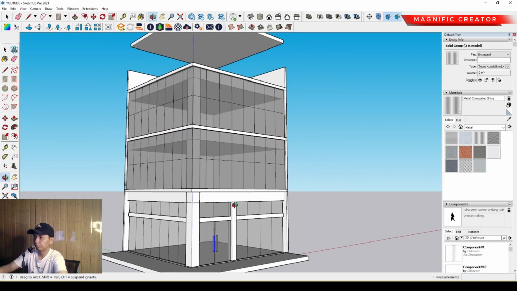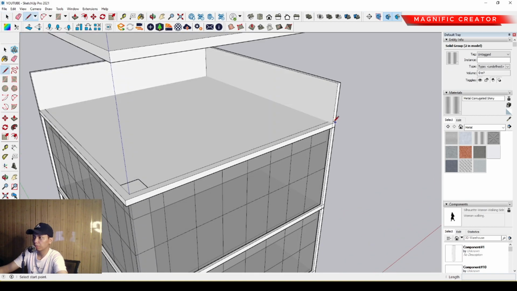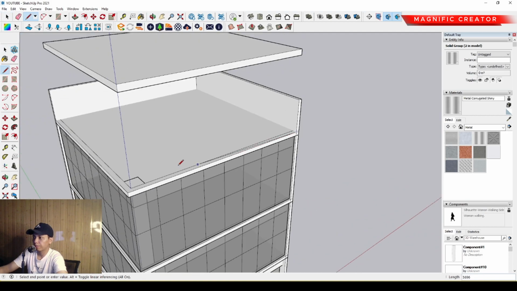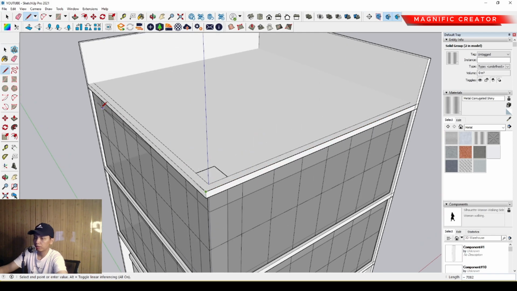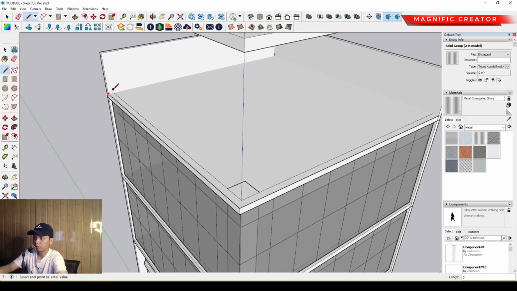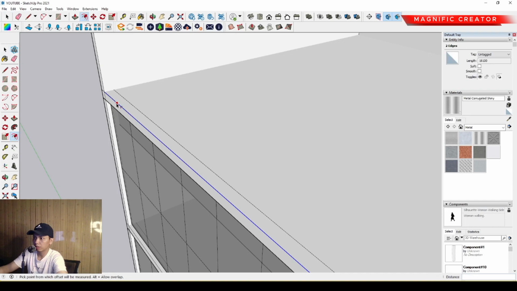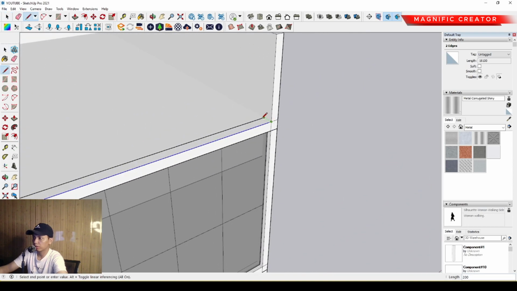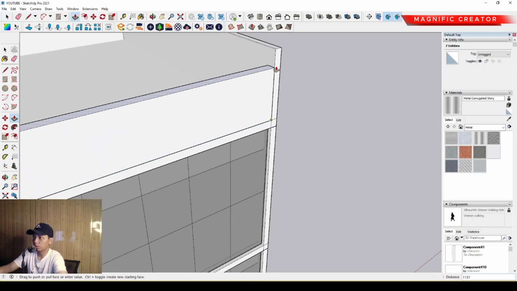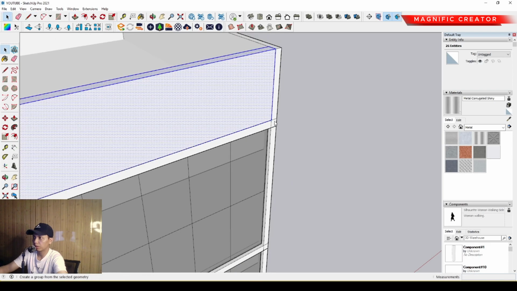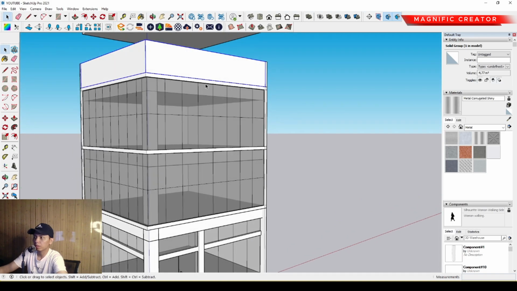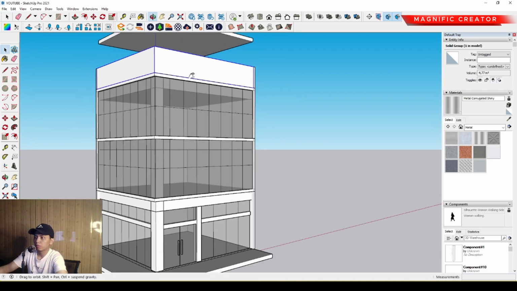Okay, and after that we have to make the parapet. We can make a parapet this building with a line, and then we can offset it outside. Okay, we can offset it outside, and then we can push it to the upper position, make group. So then we can make the